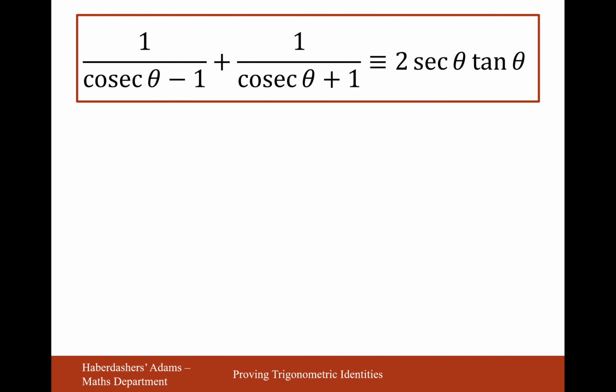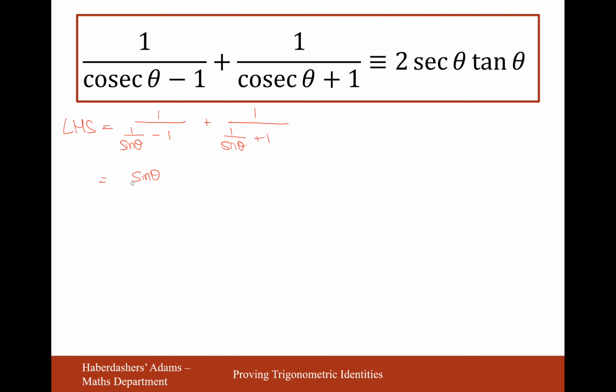Right then, let's have a go at this one then. It's 1 over cosec theta minus 1 plus 1 over cosec theta plus 1. So on the left hand side, what I'm going to do is rewrite this as 1 over sine theta minus 1, and then plus 1 over sine theta plus 1. Next thing I'll do is I'll times top and bottom of both the fractions by sine, so it's going to